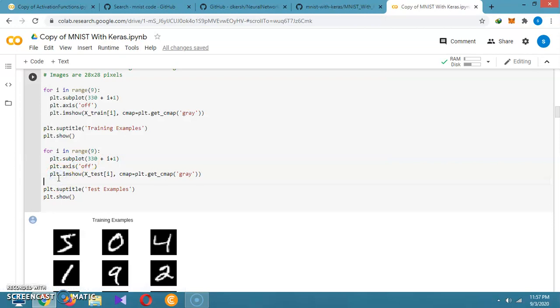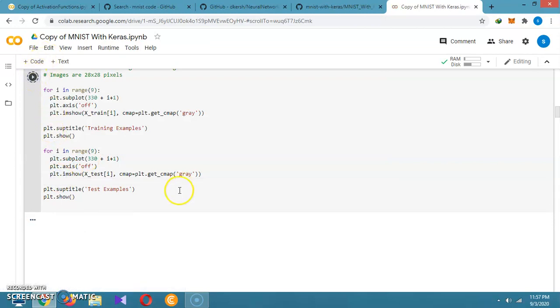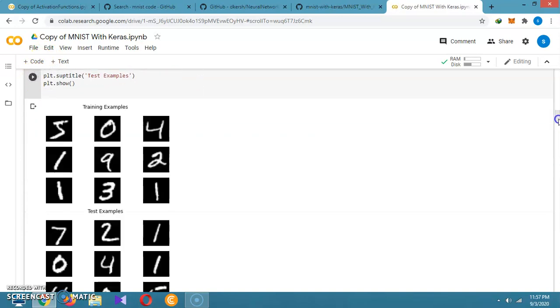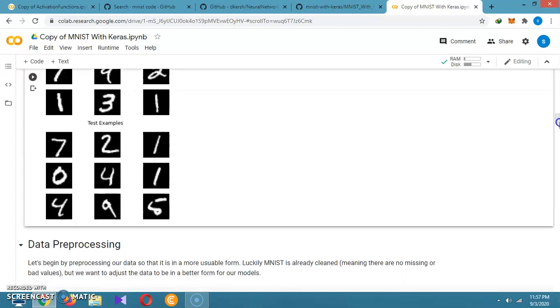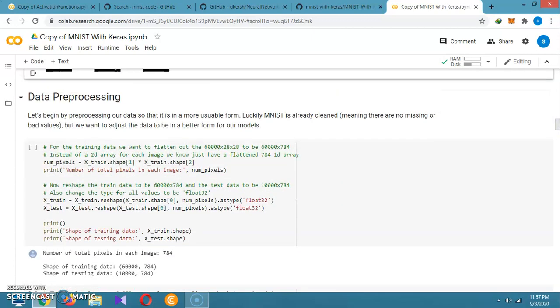Then for the training example and the testing example, it is the same. In a gray map, we are showing this example. It will give us outputs like 1, 2, 3, 4, in a random way, so it will be showing a 4, 3, 5, 2, any digit.